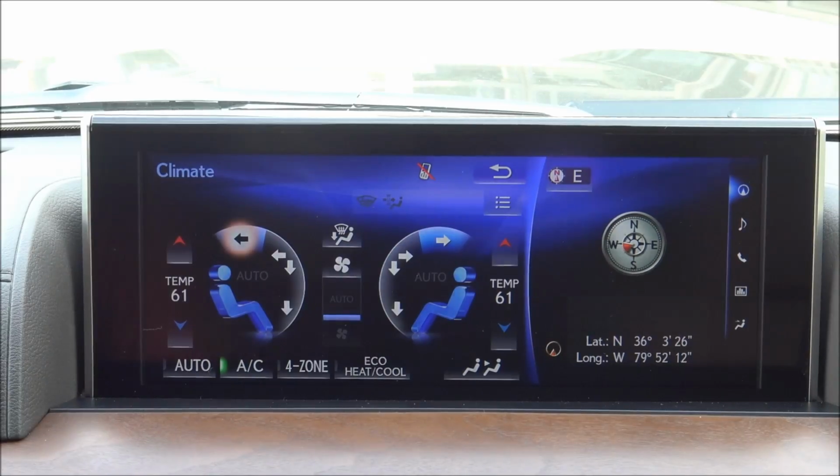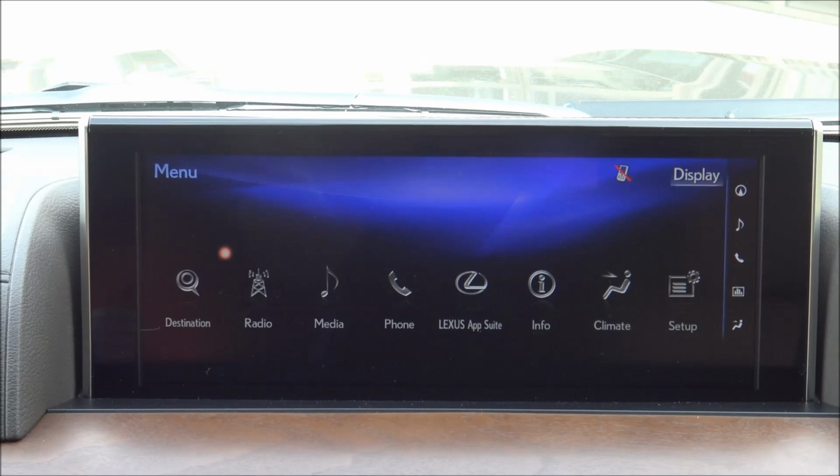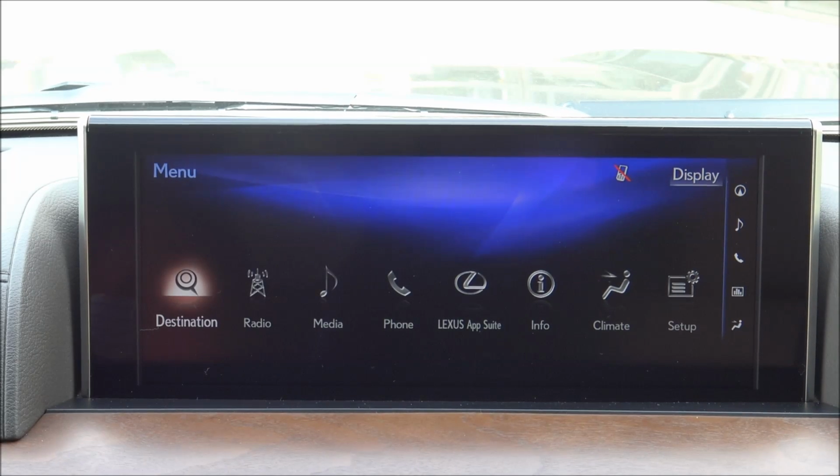screen, okay? So on the screen right now, I just pressed enter, and starting from the left, I have destination, radio, media, phone, Lexus app suite, info, climate, and setup. These are the main functions of everything that I'm going to be able to do in the vehicle right from the menu button. On the far right side, I have a quick access menu, and that is navigation, music, phone,